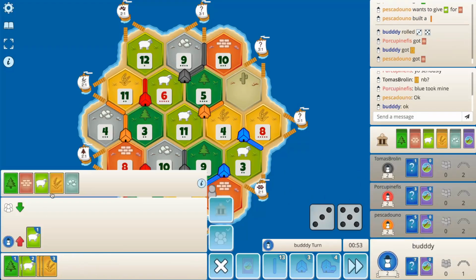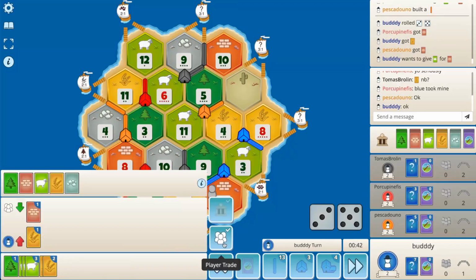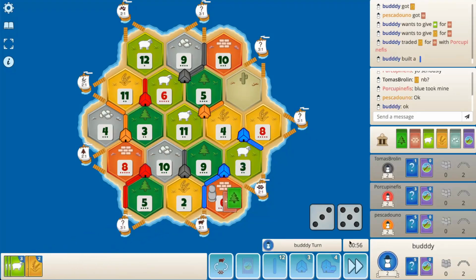We can try a sheep for a brick. Alright, let's go for the more competitive spot here first. We don't even have to settle it first. We can also settle the 3 for 1 or the brick port first, but